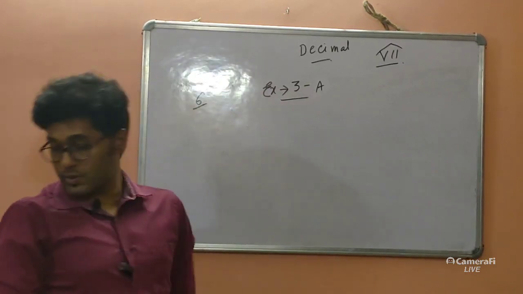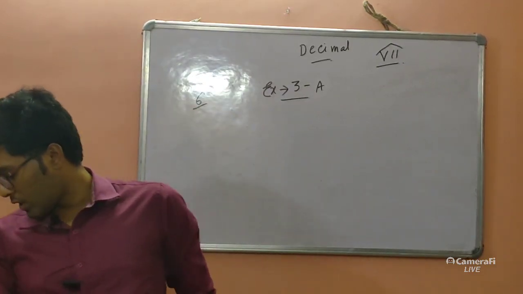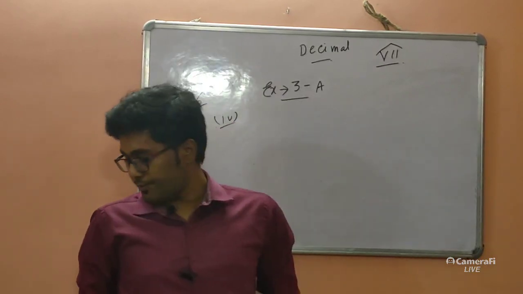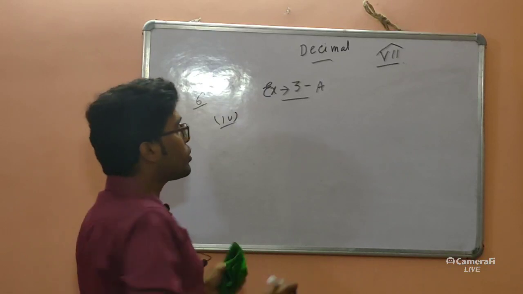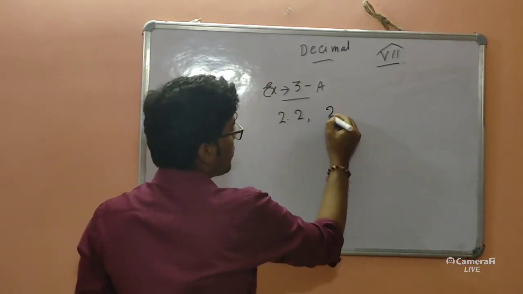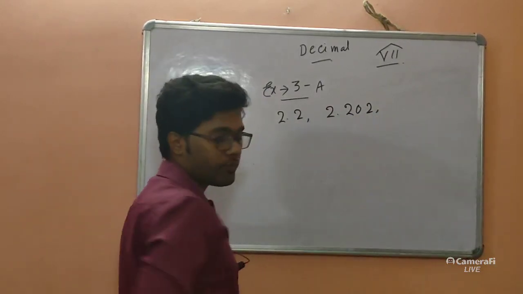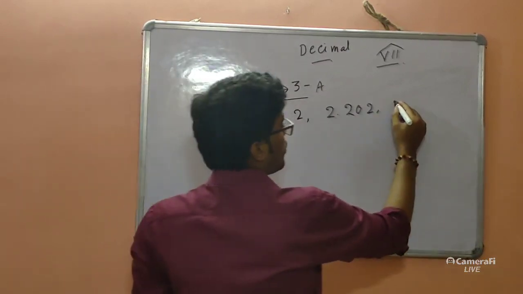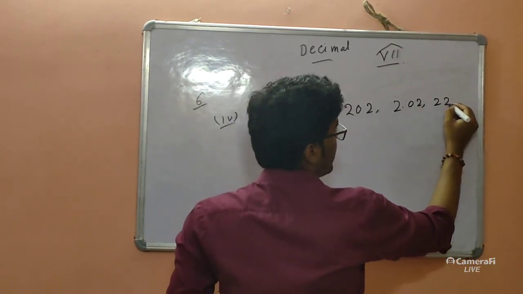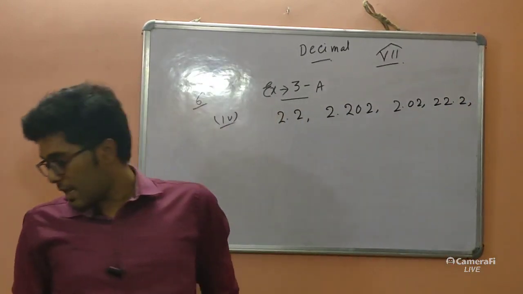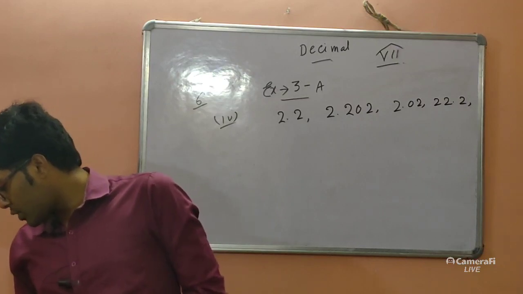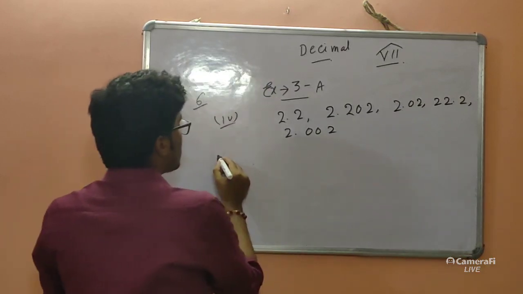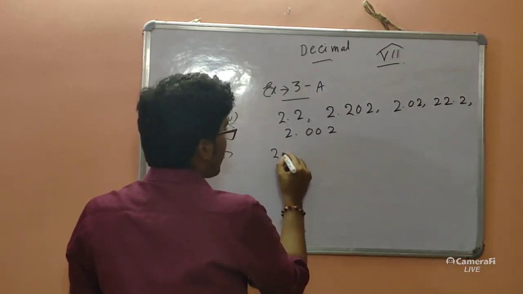Or rather, let us do 6 ka 4. 4 is much challenging. Let us do 6 ka 4. What is the question? 2.2, 2.202, 2.02, 22.2, and then finally we have 2.002. So again we make them like decimals, so convert it like this: